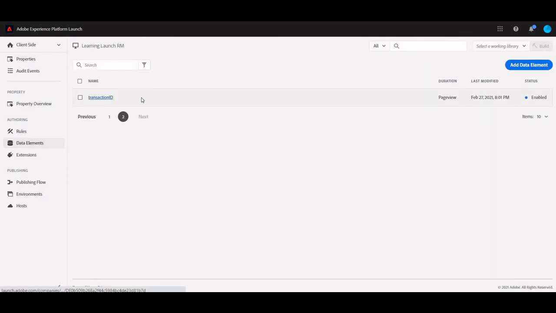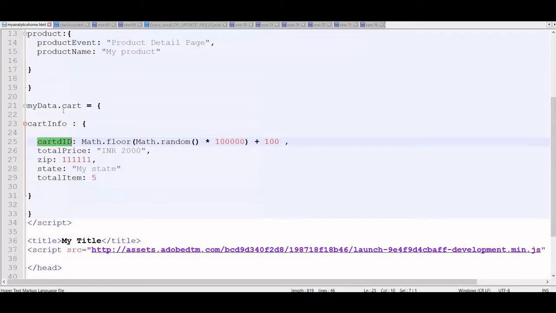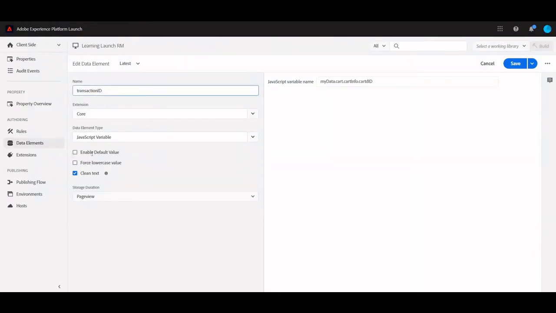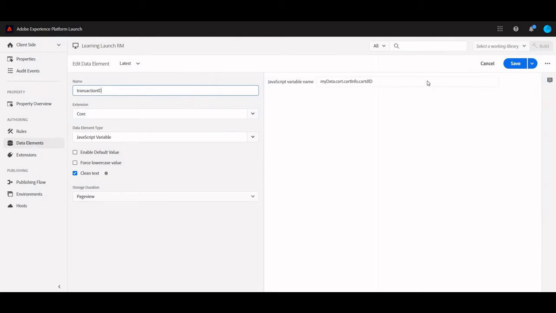And this is my transaction ID. Again a JavaScript variable, myData.cartInfo.cartID. Since I'm considering cart ID as a transaction ID, that's fine. I'm generating it randomly.